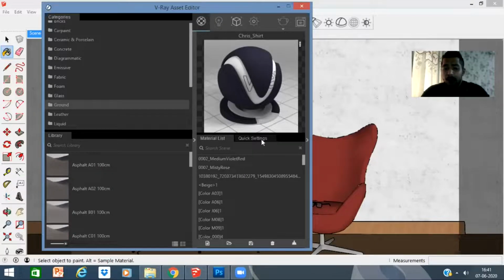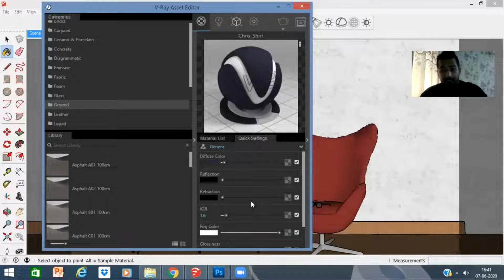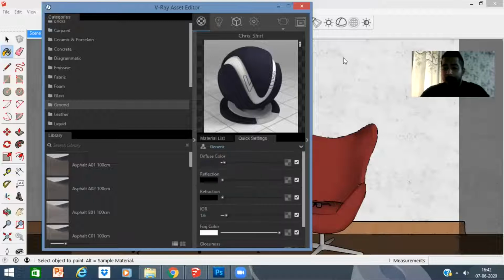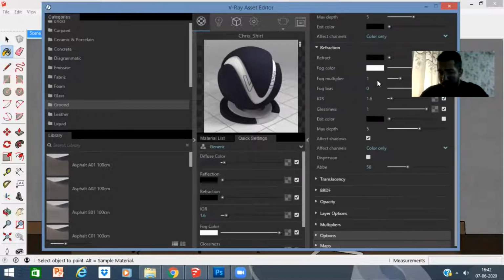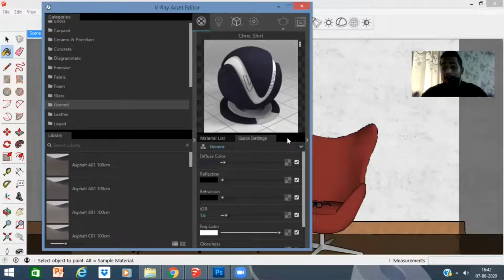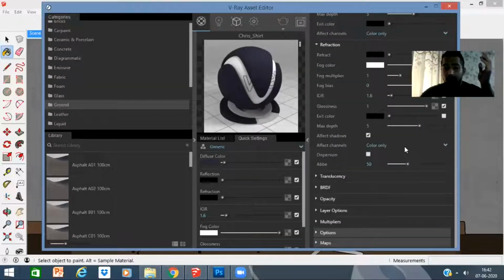Okay. Over here, we have the quick settings. These settings are vast anyway, the quick settings. Okay. You can see it's vast over here. Plus we have all these different kinds of materials which we can edit. And then over here, we have much more detailed material editings, which we will be getting into. See, those are in the hundreds of editings. Okay, so we'll be tapping almost all the important ones from the advanced level as well. Okay, so guys, this is basically on the left. We have material settings of materials of V-Ray themselves, advanced materials over here, and you can see all of these come under your material tabs.